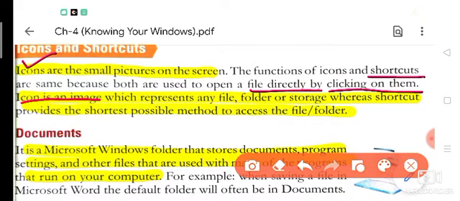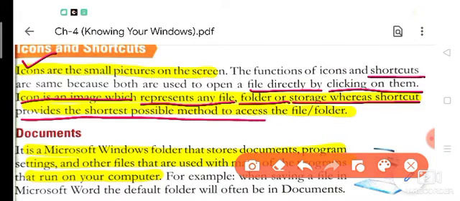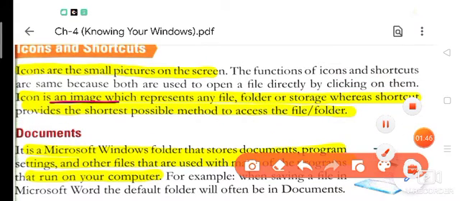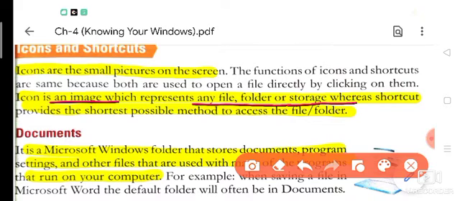An icon is an image which represents any file, folder or storage, like the Recycle Bin or My Computer, whereas a shortcut provides the shortest possible method to access the file or folder.